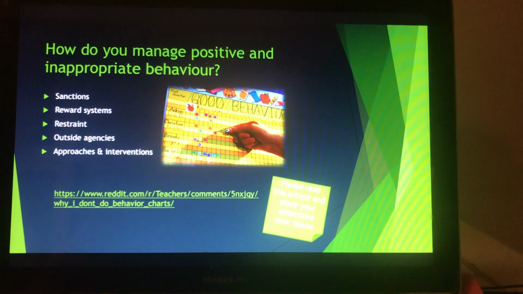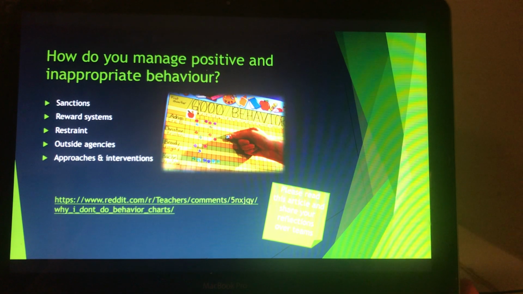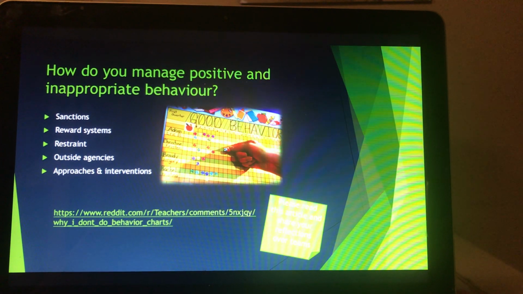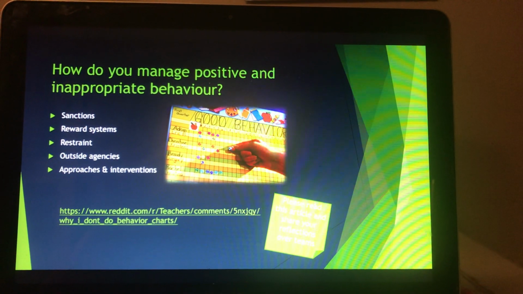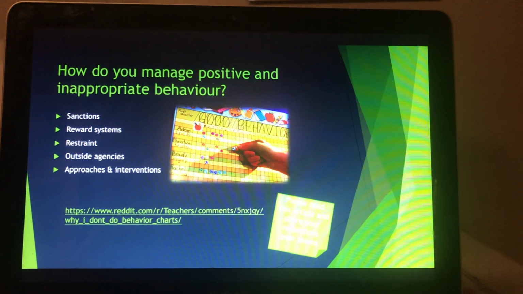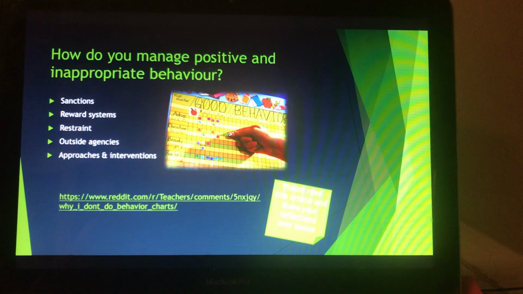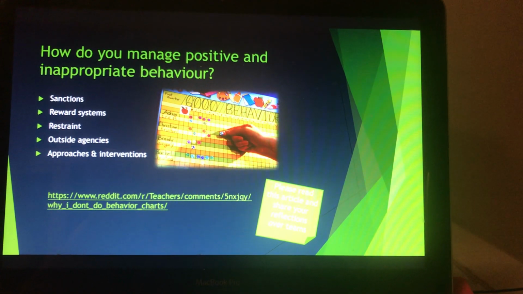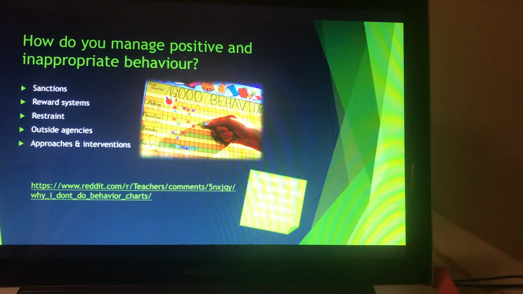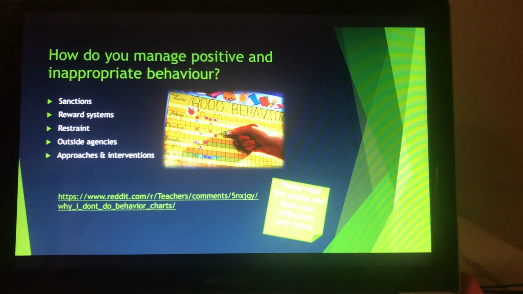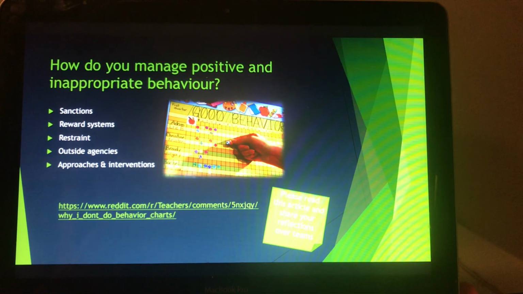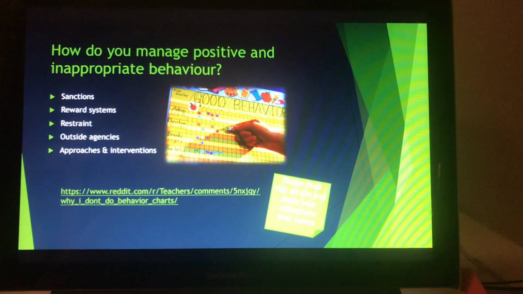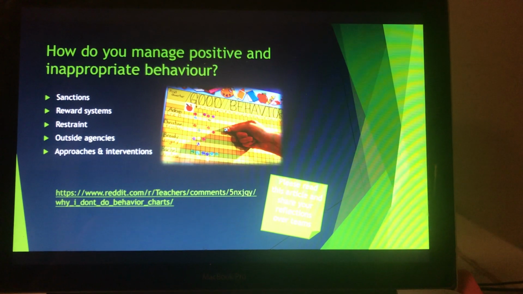Reward systems. I love having a little chat about reward systems. Are the reward systems that we have in place supporting intrinsic or extrinsic motivation? And what I mean by that is the child performing or behaving in a way to just tick a box and get the reward, the sticker, the extra playtime, the non-uniform day? Or are they behaving, achieving, accomplishing something because it just makes them feel good inside, because they just want to, something deep inside of them just wants to do it, okay?